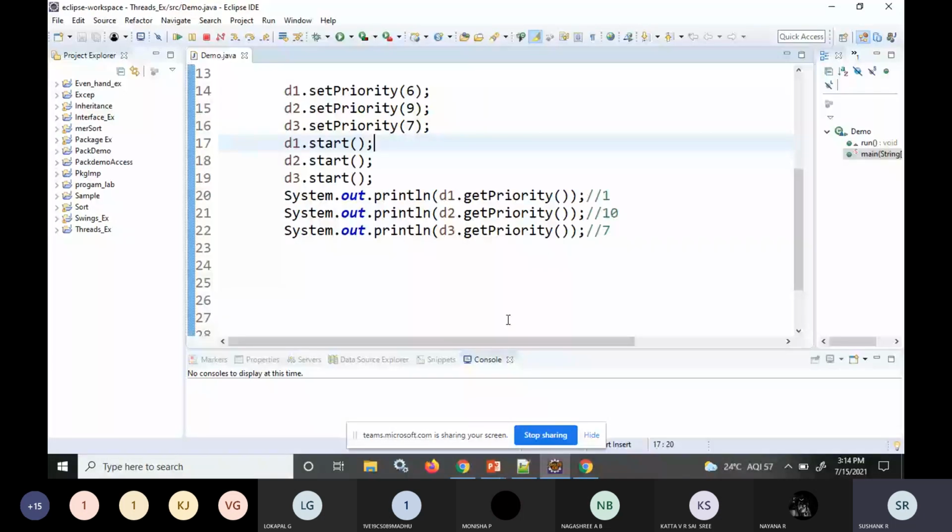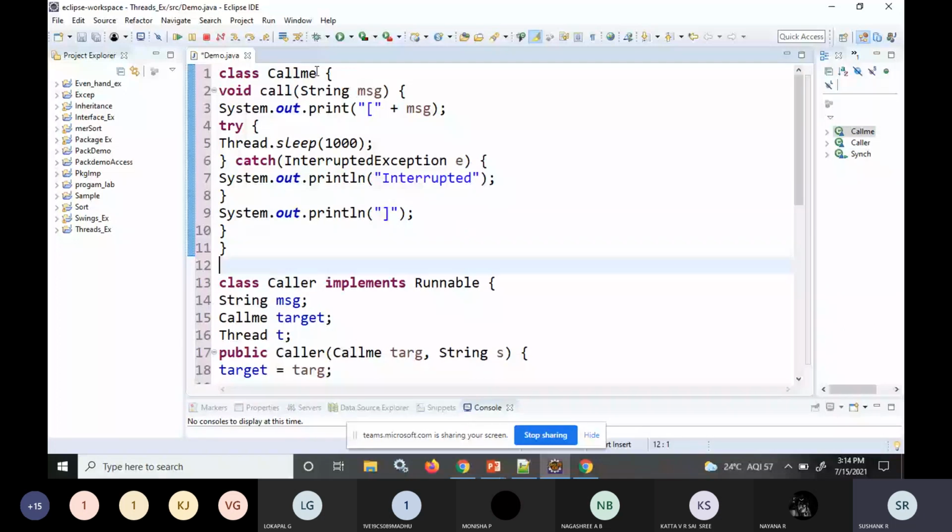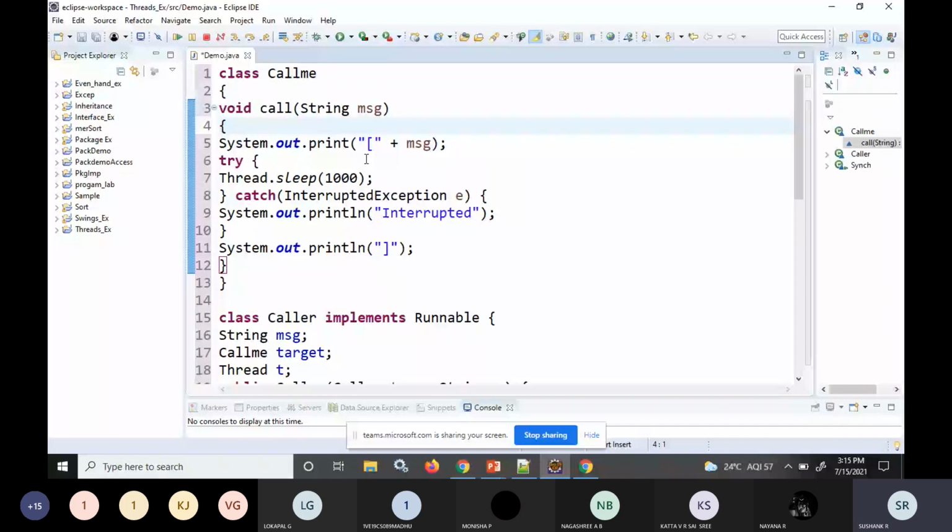We have one class by the name Callme. This Callme class contains a function called call, which takes a string parameter as message, meaning it will have some words. You can pass names as the parameter also.